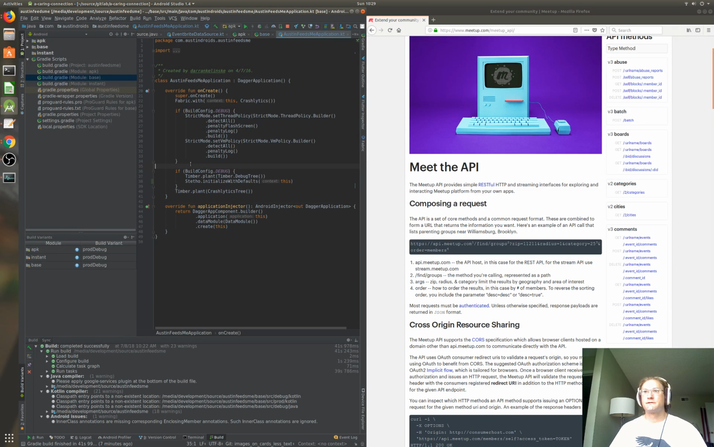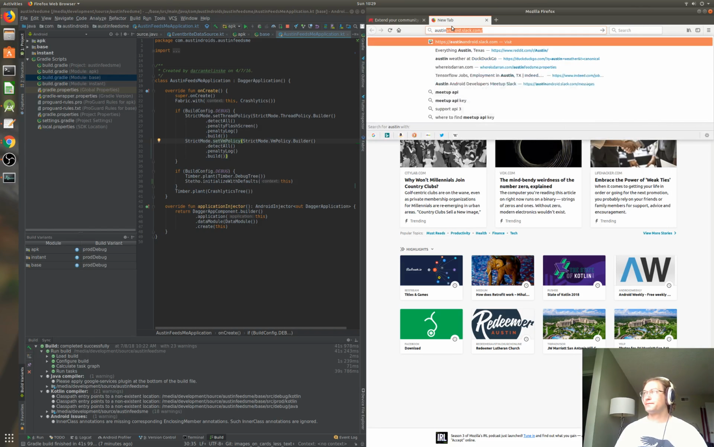Okay guys, what we're going to do here today is something that I wanted to do for a long time, which is add image support to Austin Feeds Me. Austin Feeds Me is an open source project that's on GitHub,